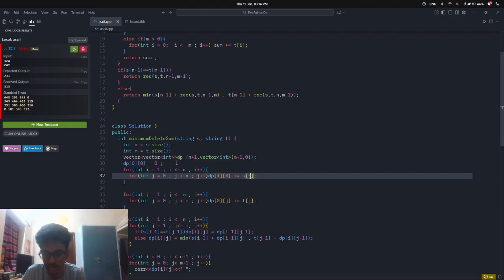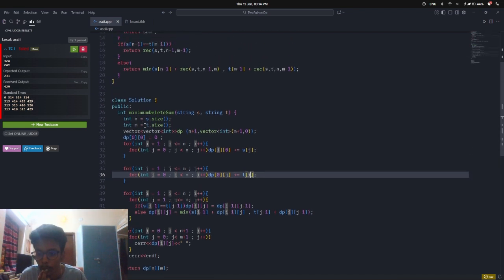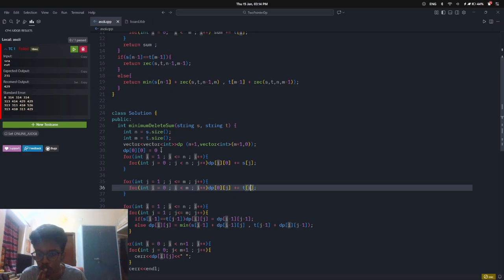We should have taken it as j because both the loops use the same variables. So,